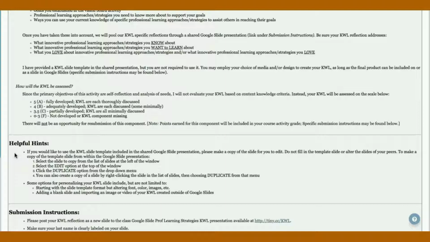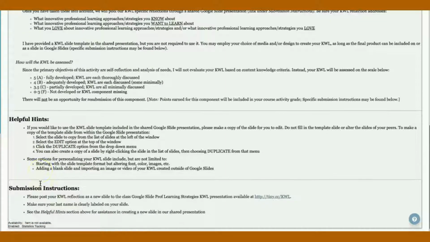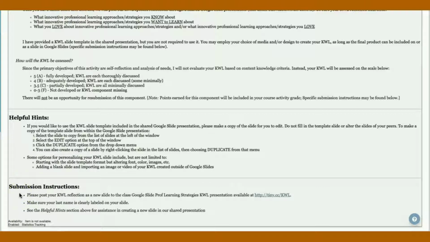This assignment is not a major grade in the course. It is part of your activities or something you would have done in a face-to-face class, and so just know that goes into that component of your grade. And then there are also, again, like I said, submission instructions of that you're adding a slide to our Google Slide. So there is a link to our Google Slide. Okay,